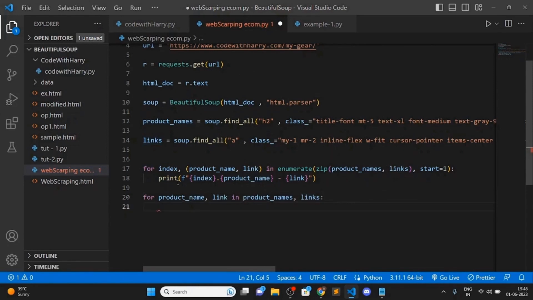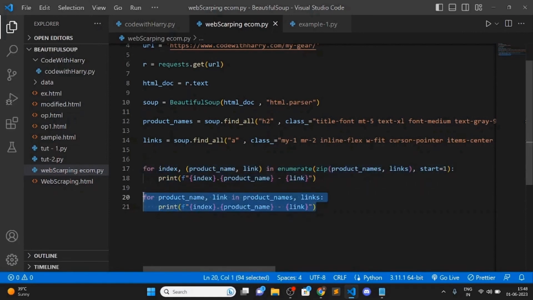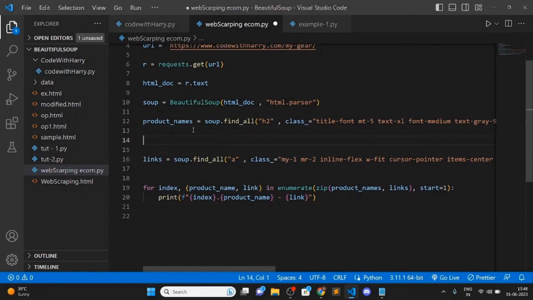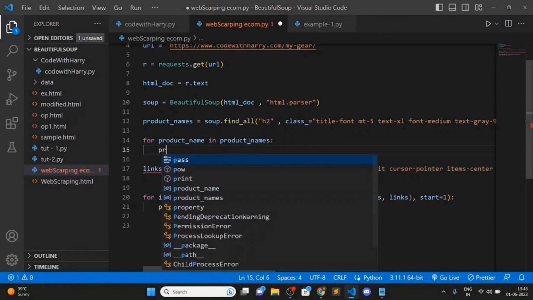And what I want to print is exactly the same thing, right? So I hope you understood. This is not the right approach, but this is the right approach, as I told you earlier. By the way, let me tell you one more thing: if you want to print product name, this is also not the right approach. The right approach is for product_name in product names, print